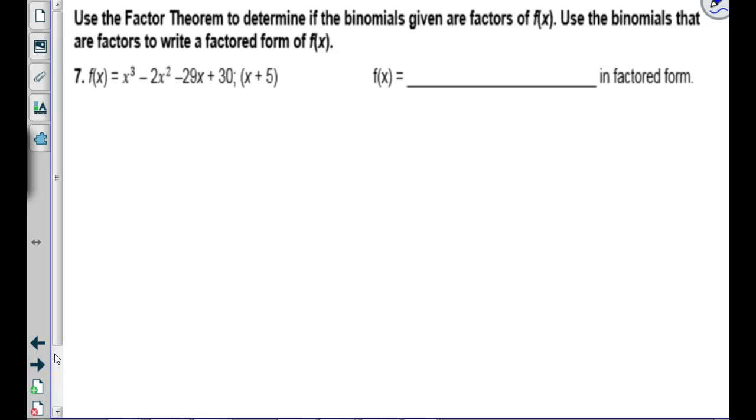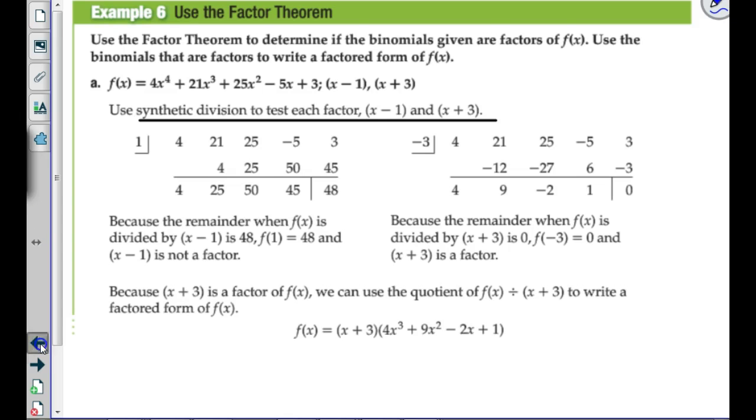Am I missing a slide, or is it just numbered differently? Okay. So let's talk through number 6. I don't have it for some reason, but